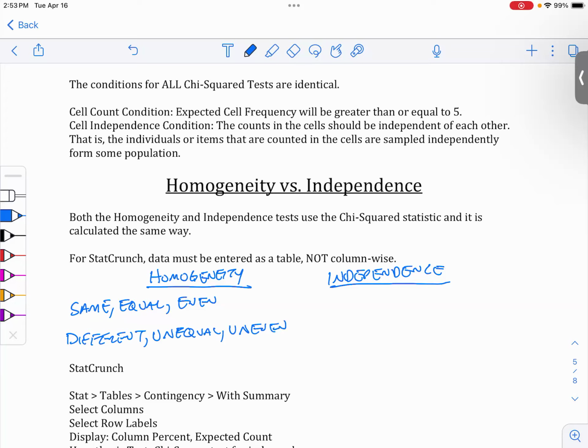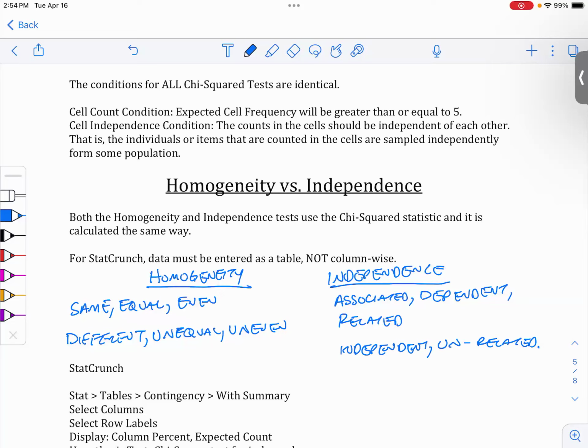Chi-squared tests of independence will say associated, dependent, related, and then in reverse, independent and unrelated. There isn't really a word for unassociated, but it's only in the wording of the question, what question is being